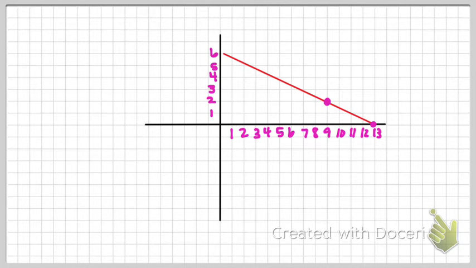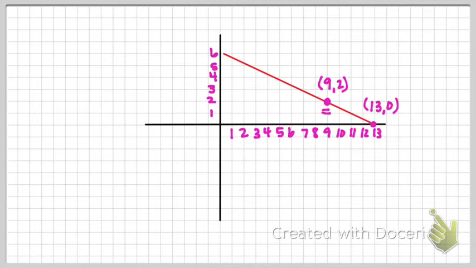with a coordinate. Okay, so this one, what would I label this coordinate as? 9, 2. And what about this second one? 13, 0, right? Because it's on the axes. So now if I'm going to find the slope of that line,